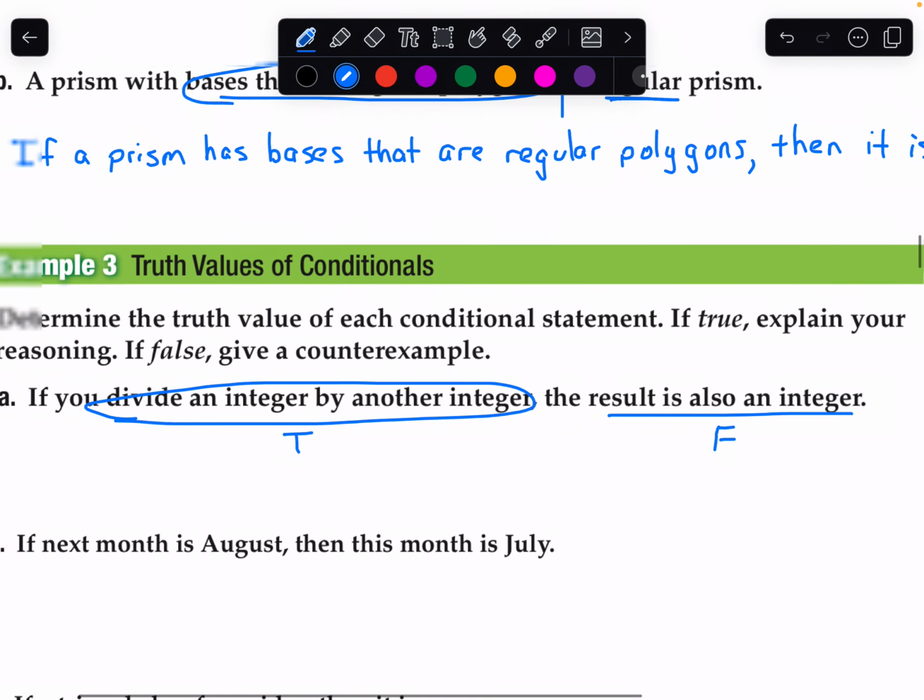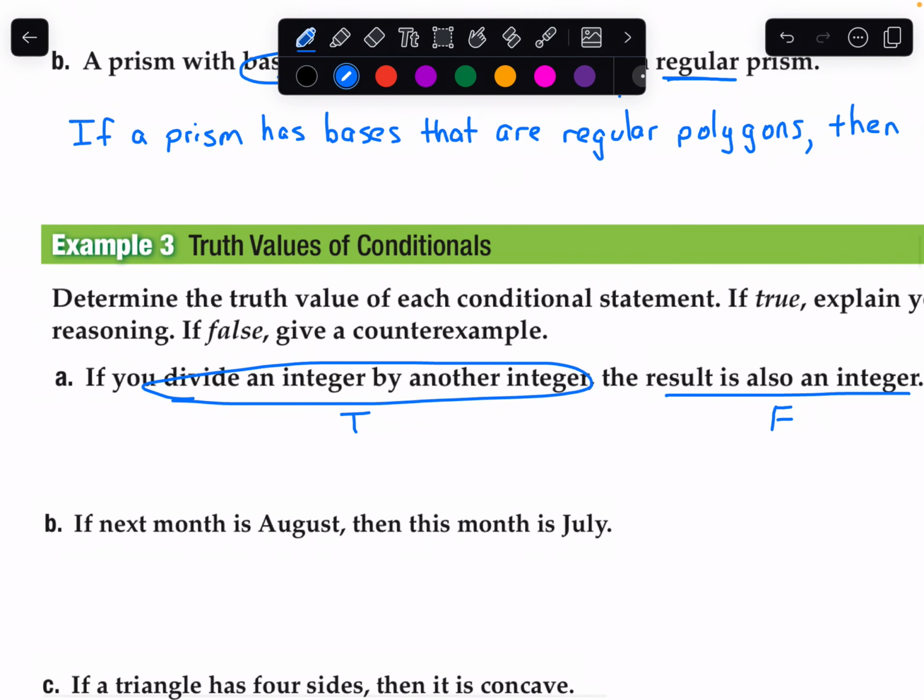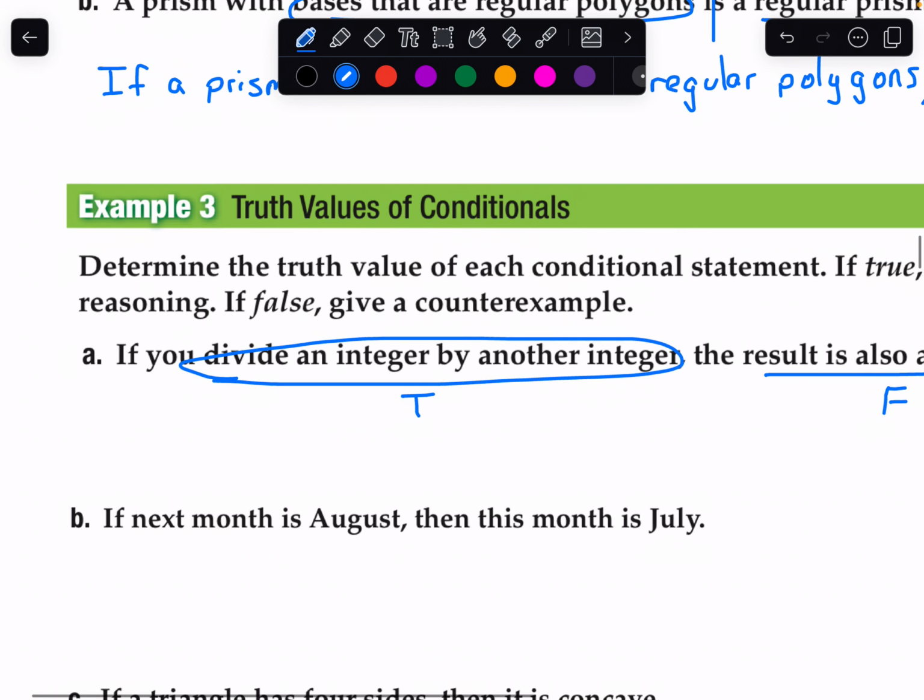That is false. So what we have here is a broken promise. We set up that dividing an integer by an integer would be an integer, but we failed to do so. So this whole statement is false,